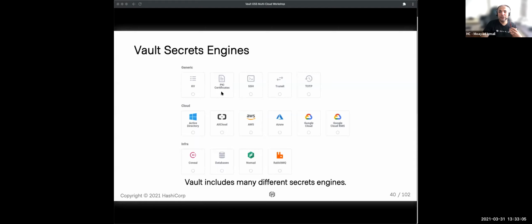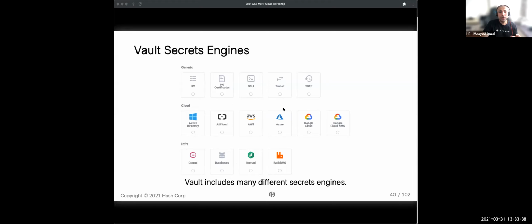You can also generate dynamic secrets against different types of infrastructure and cloud providers. For example, databases, we support things like Oracle, Postgres, MySQL. You can generate dynamic credentials against those types of databases. We also support cloud credentials, like you can generate temporary API keys in AWS, Google, Azure, and so on. You can manage service accounts, rotation of service account passwords. So there's a lot you can do from the dynamic secrets perspective.